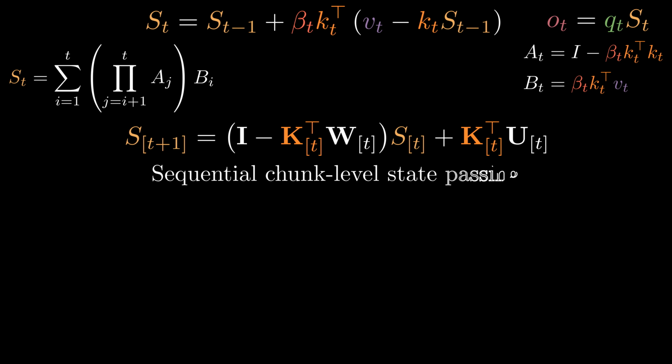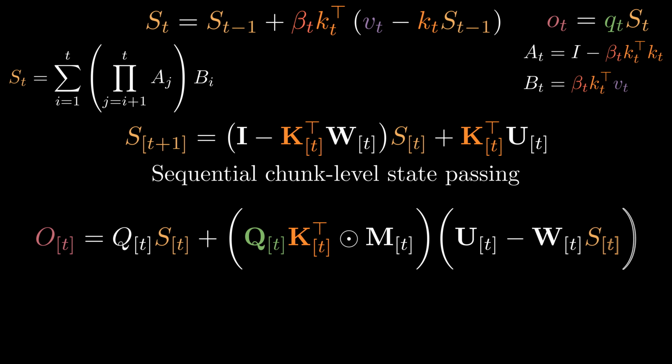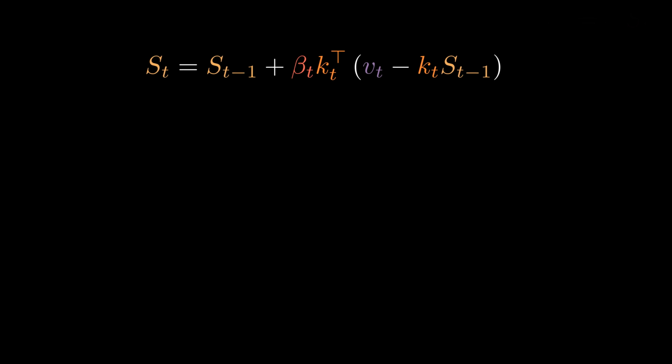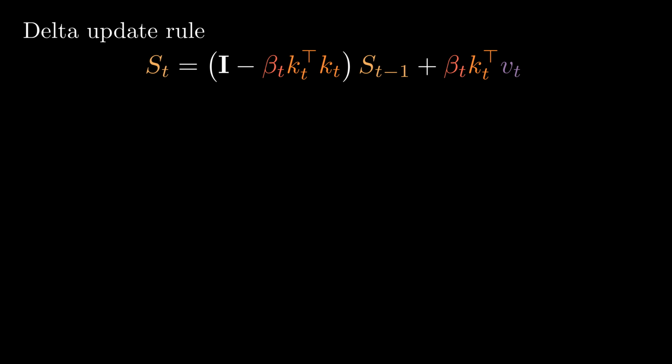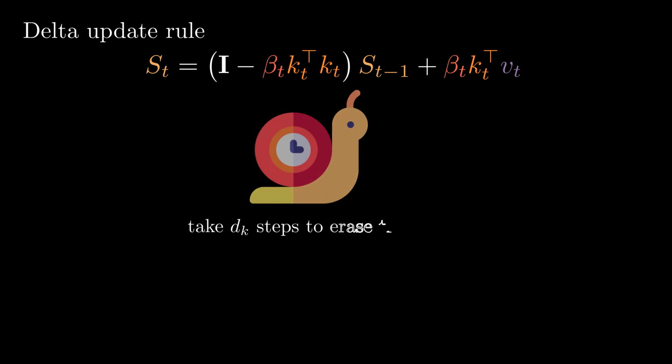The output can also be computed efficiently in parallel. This is great, but the delta update rule has a limitation. It updates just one key-value association per time step, using only the current key-value pair for its gradient update. For a state matrix of d_k by d_v, the forgetting speed is slow since it will take d_k steps to fully